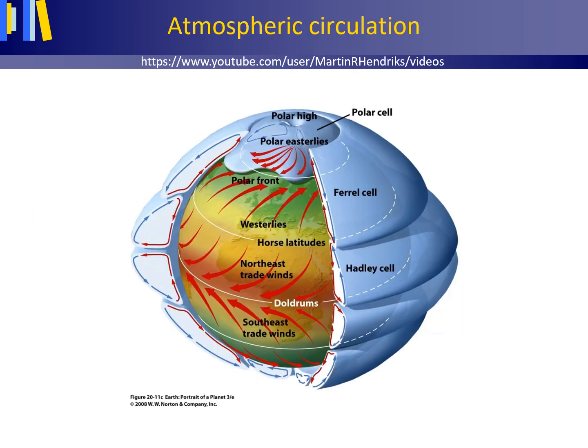This picture shows the same circulation patterns, but now in three-dimensional view. Here we have the equator, winds in the direction of the equator on the northern hemisphere with a curved deflection to the right, and on the southern hemisphere with a curved deflection to the left. Here we have the mid-latitudes, the area with westerly winds, and here typically the area where cold polar air meets warmer air from the south.